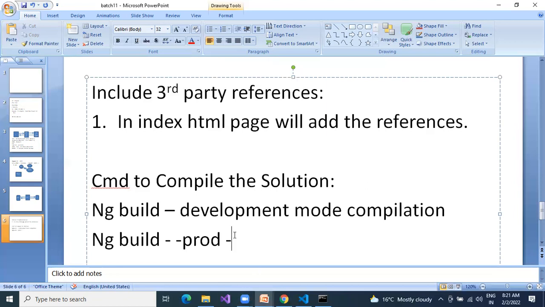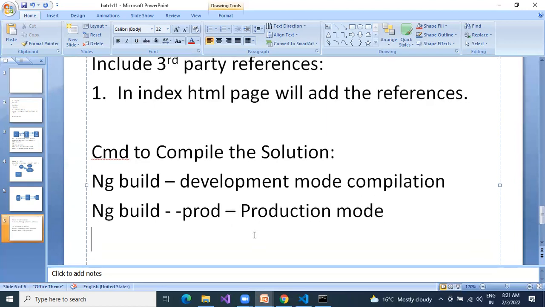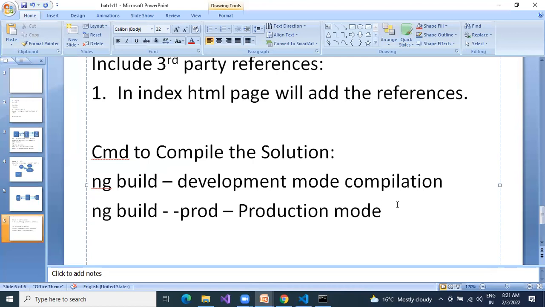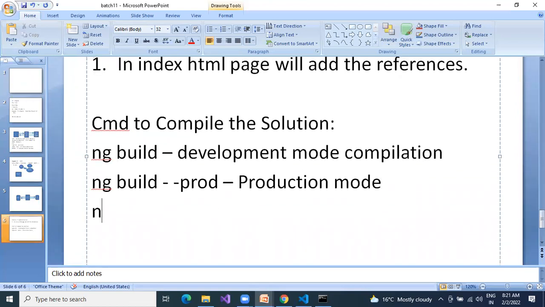Is my voice breaking for everyone? No, sir. Production mode. This is for production mode. Next, ng build, simply development mode. This is small n, always small n. Next, ng serve.